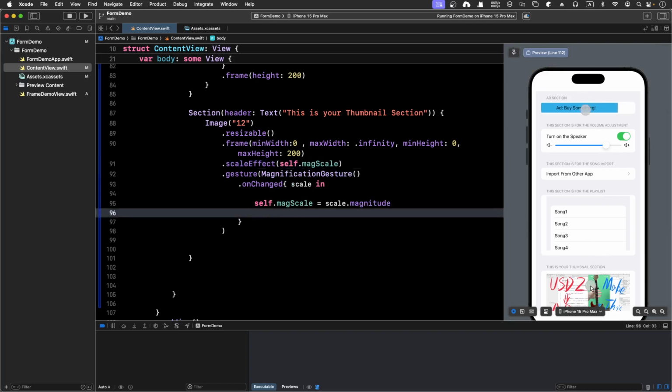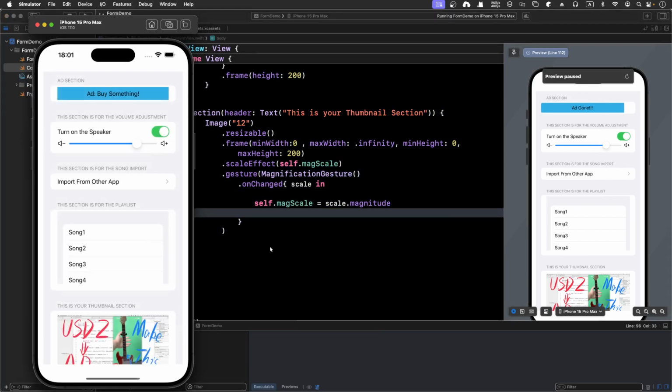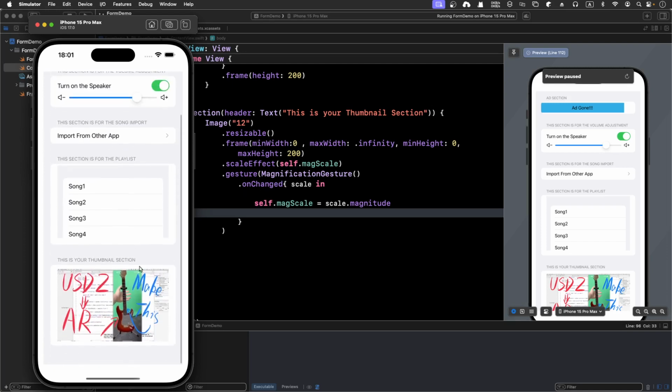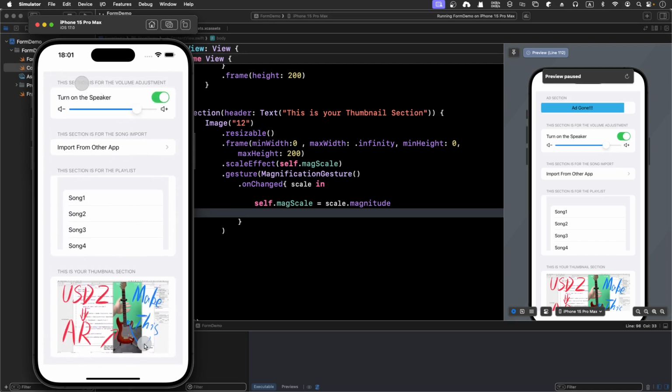So okay, so let's actually run that. Scale, got that scale, and see whether it will zoom in or not. Yeah, strangely it does not zoom,